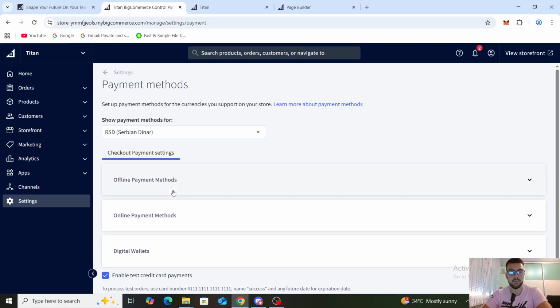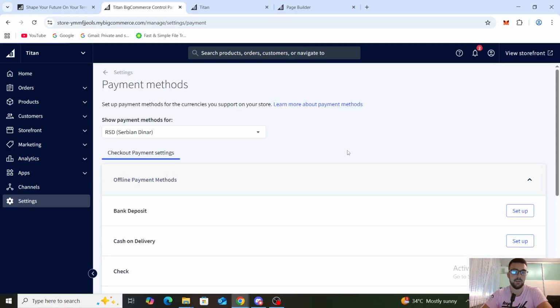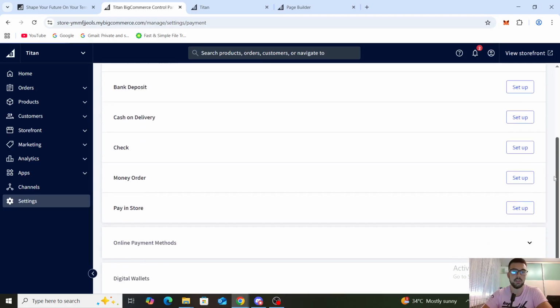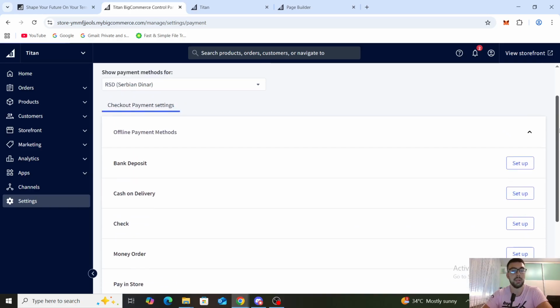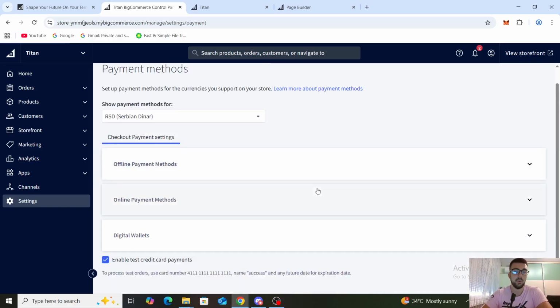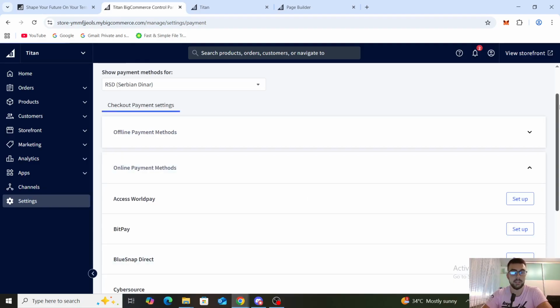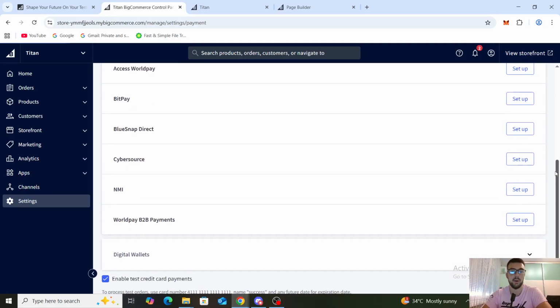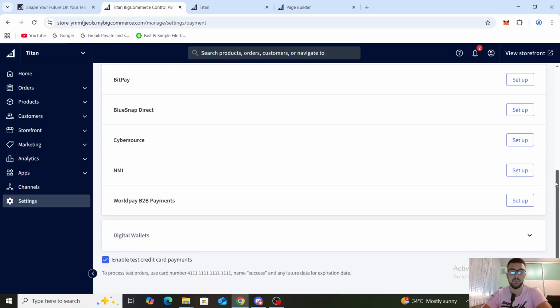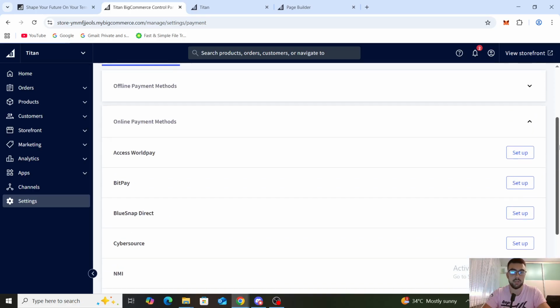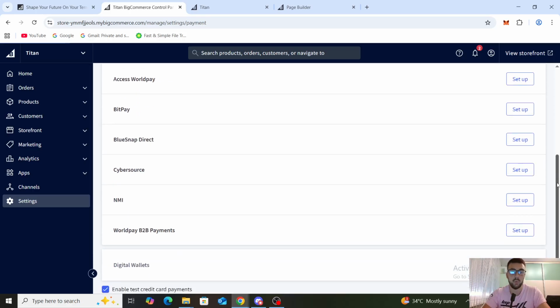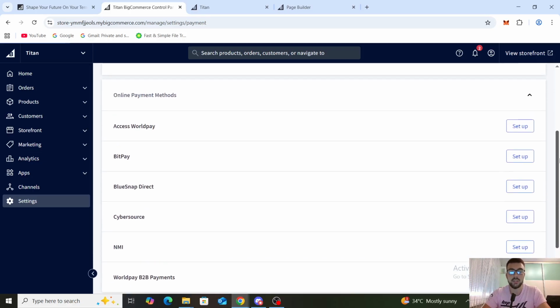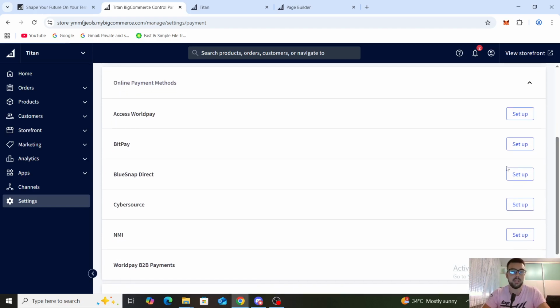Once you've clicked on that, you can see checkout payment settings like offline, which would be bank deposit, cash on delivery, check, money order, or pay in store. Or you can go to online payment methods like BitPay, BlueSnap Direct, CyberSource, and WorldPay B2B payments. If it's not popping up on here, as you can see right now, it's not one of the suggested online payment methods, you will then need to go to your